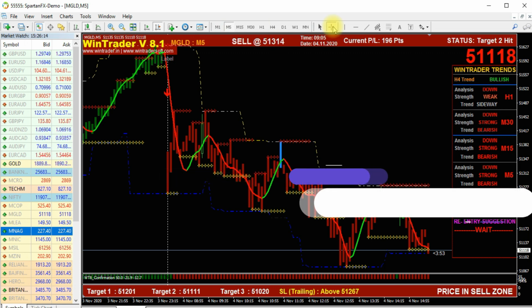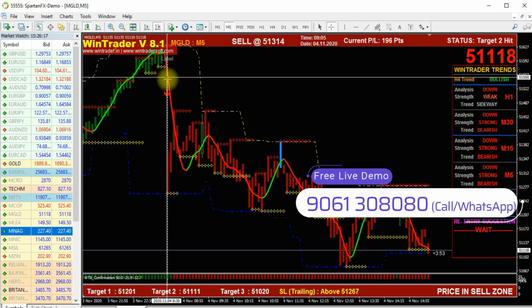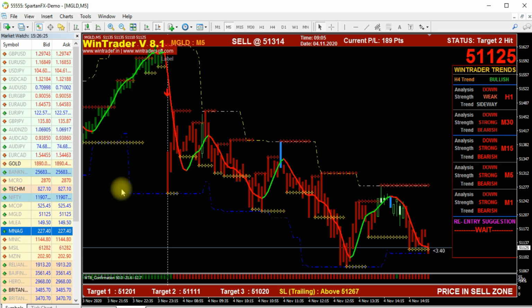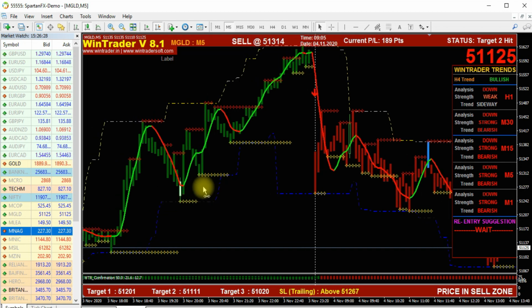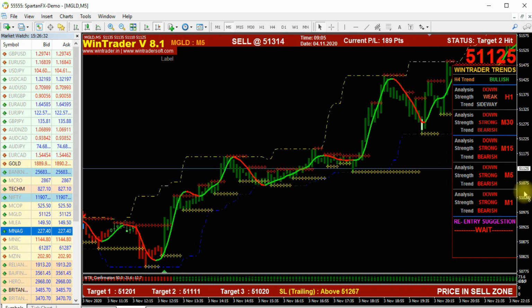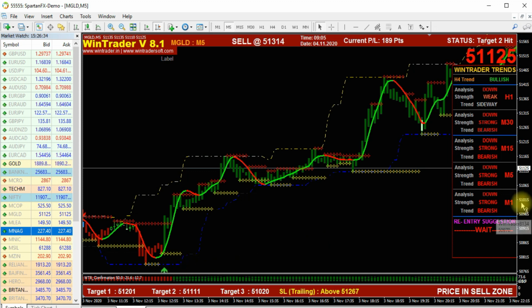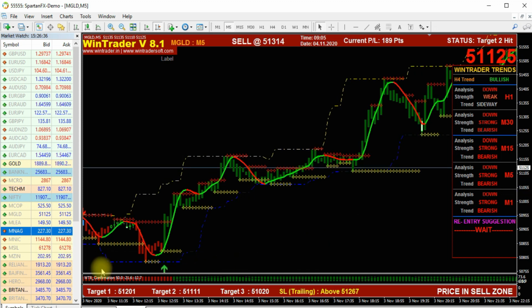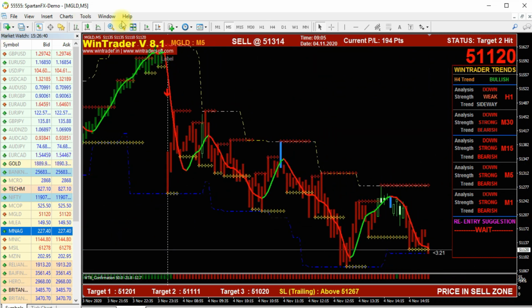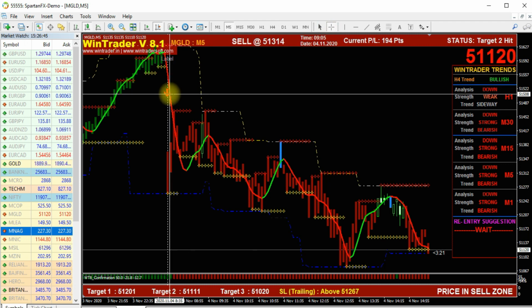Here, gold today morning market started from here, this white dotted line. You can see a white dotted line here. From here the market started. In the morning itself we got a sell signal because yesterday the market was in a buy trend. Exactly from here the buy trend started, this green up arrow. After that the market was fully in an uptrend. Then today the market opened with a gap down, and we got a sell signal in the morning itself at this